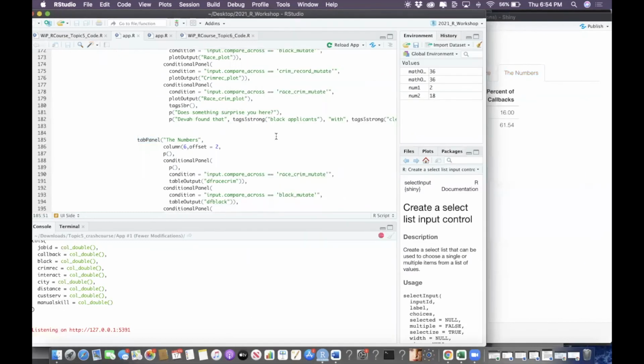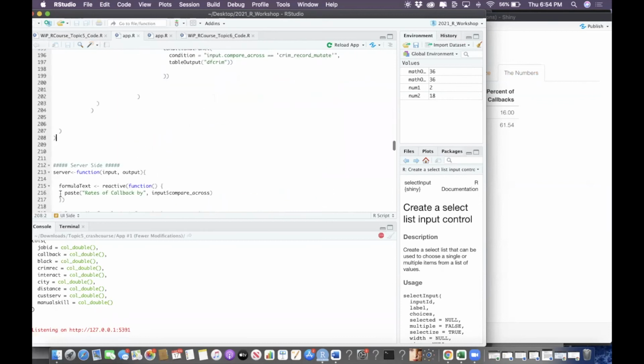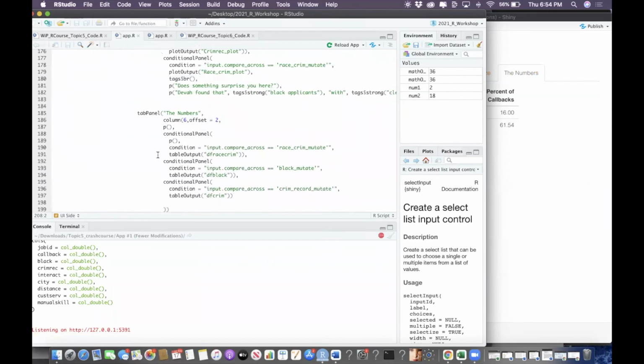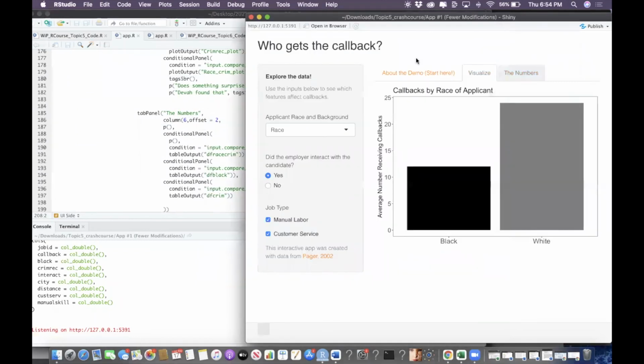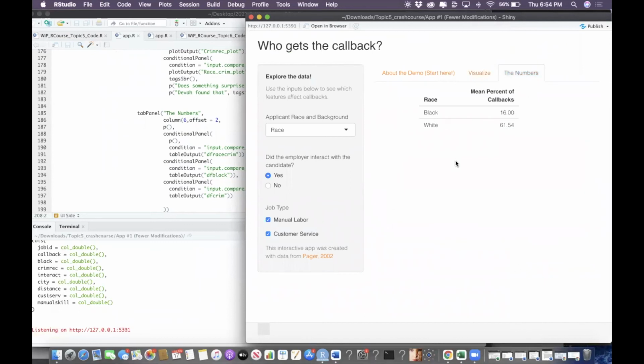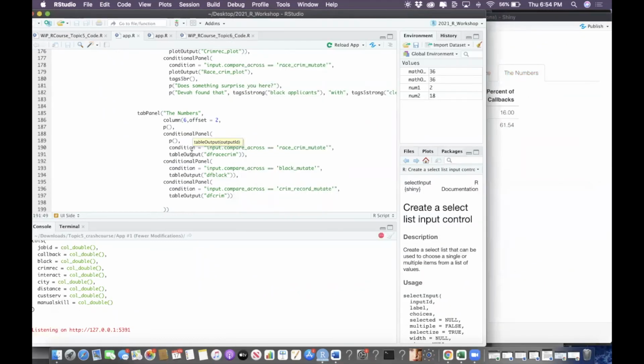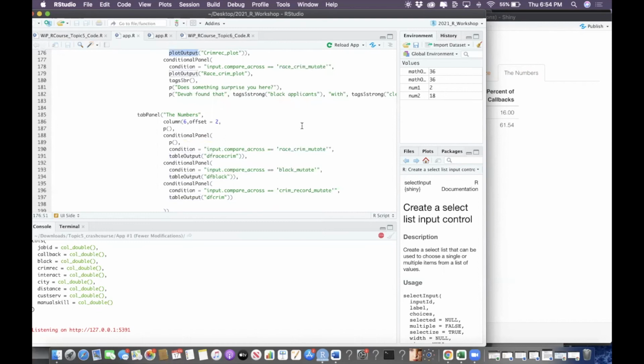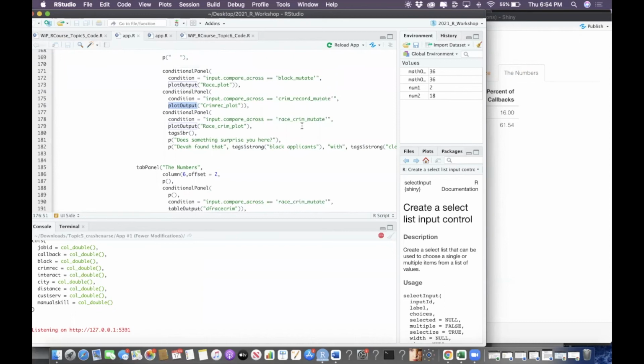I know that I'm skipping through some stuff, but that's just because I'm trying to give you a very focused introduction of the features that you'll need in order to make your code work. All right, and then that would be the end of my UI. So some things I didn't mention is how do I actually get my plot or my table to appear? And we've actually already talked about this. So we're using the functions table output for the tables and the plot output for plot. So this is something we mentioned earlier, but now we can see how it would actually appear in a real RShiny